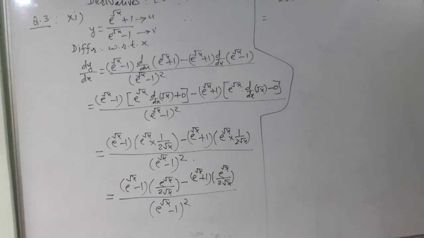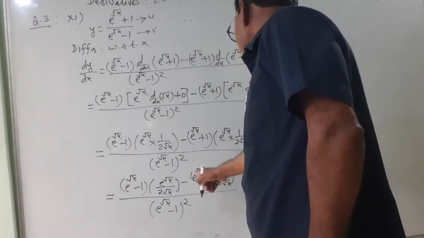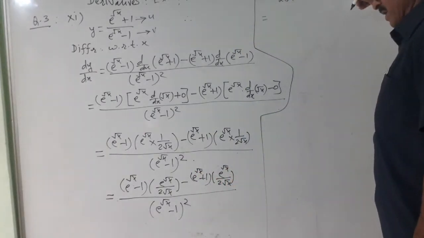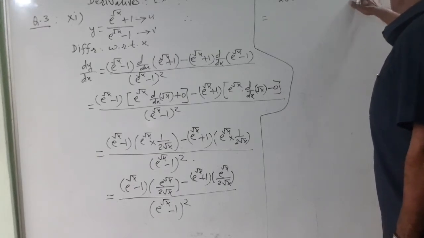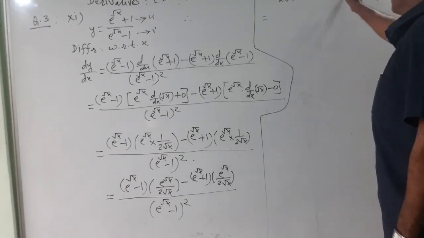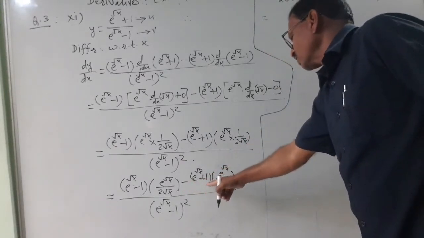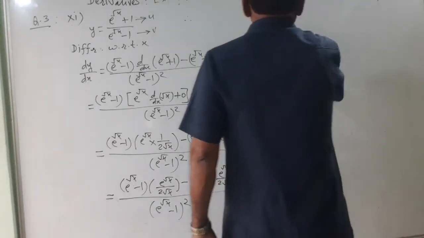This is minus (e^√x) square, and this is also minus because there is a bracket. Outside the bracket there is minus, so don't forget this sign, that is also minus. That is equal to,